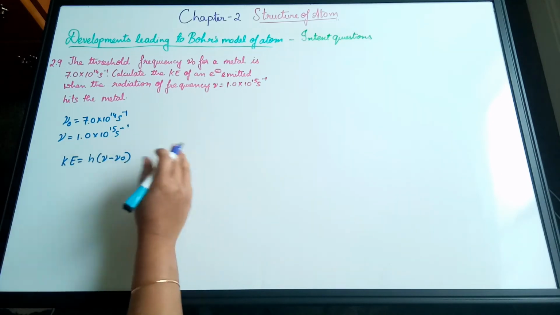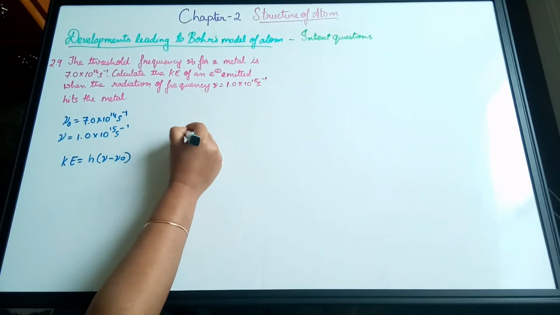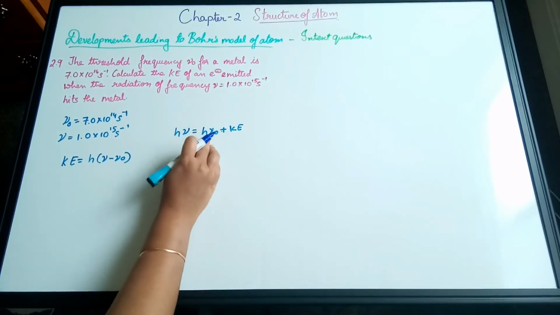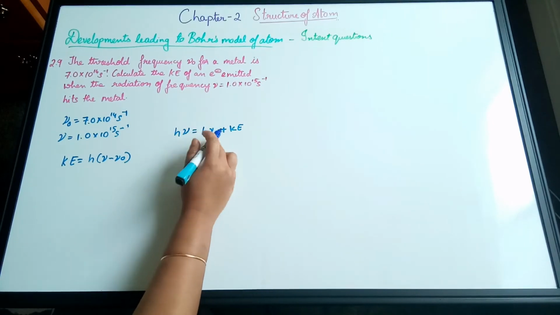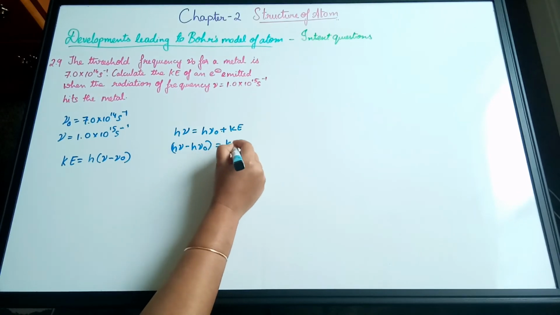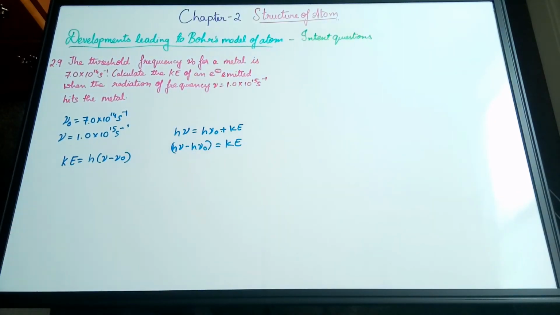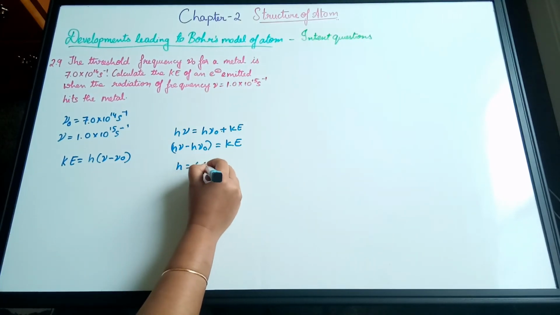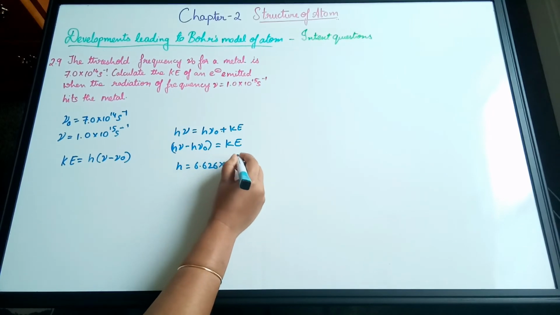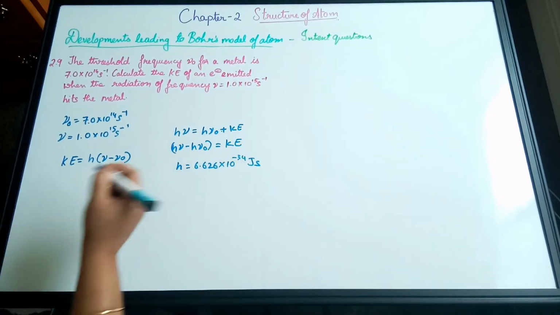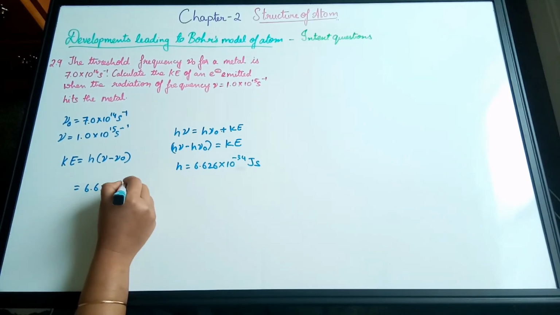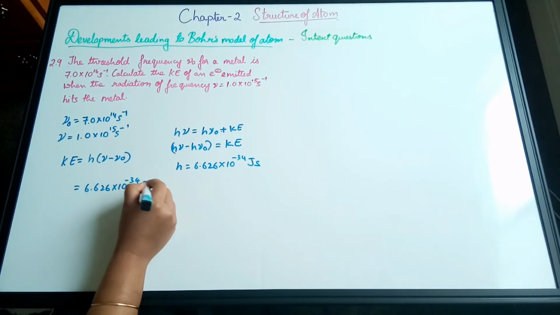So I think in the videos we learned it as h mu equals h mu naught plus the kinetic energy, where we consider mu naught as the threshold frequency. So h mu minus h mu naught will be equal to kinetic energy, and when you take h out as common, you will get this value. So we have the value of h, that is 6.626 into 10 to the power minus 34 joules second. And so here we are writing 6.626 into 10 to the power minus 34 joules second